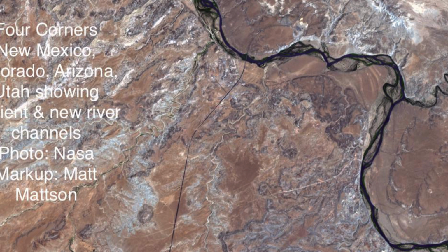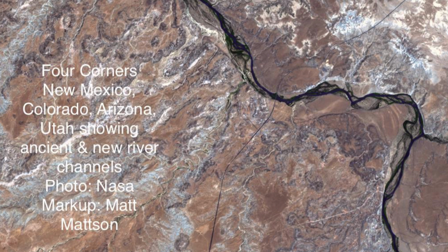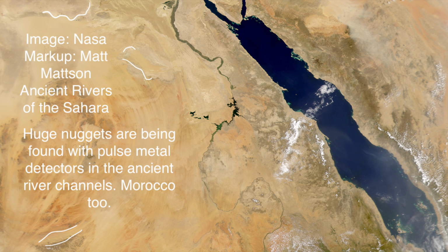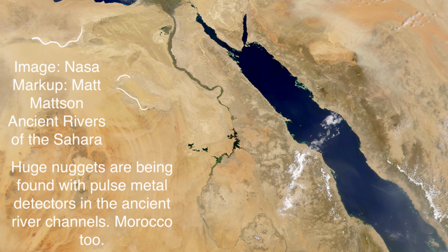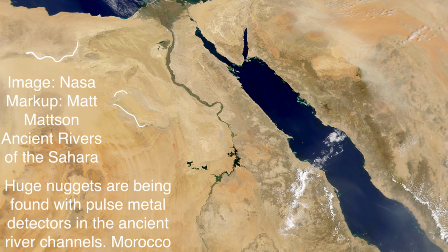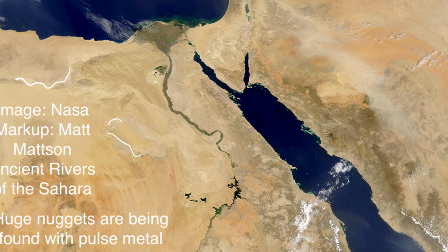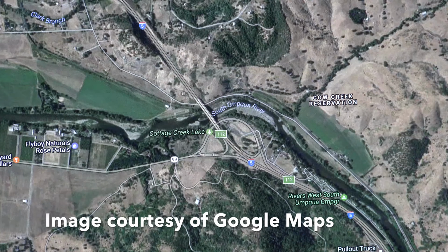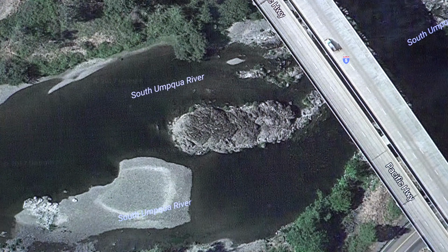By zeroing in on just the pure material, you'll be saving vast sums of money, time, and wasted efforts. Many thousands of tons of earth won't have to be moved because you zeroed in on just the gold, or just the gems, or just the target material, whatever that is. Now, the use of all the tools is going to be important to you going forward so that you can zero in on locations